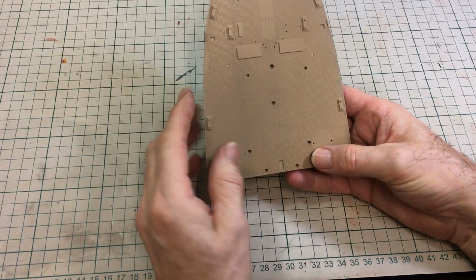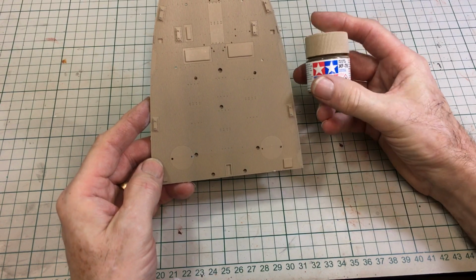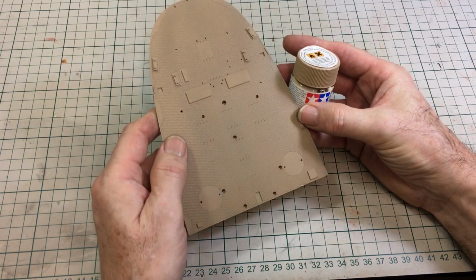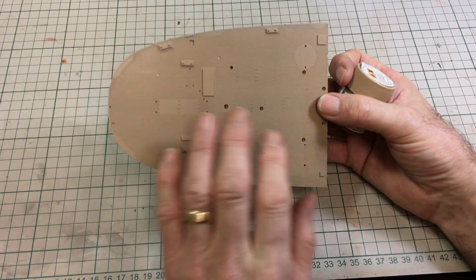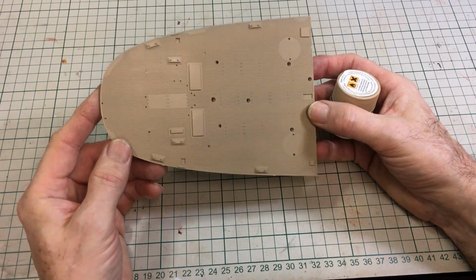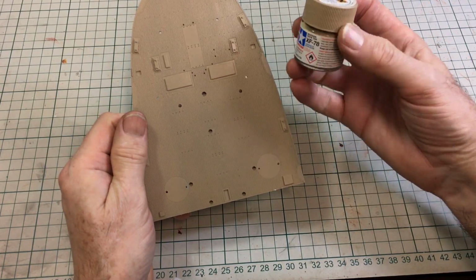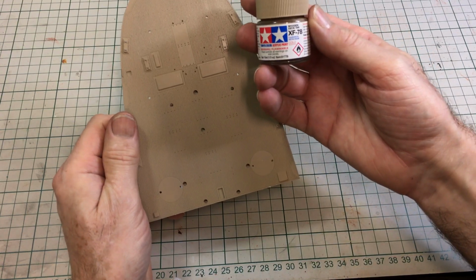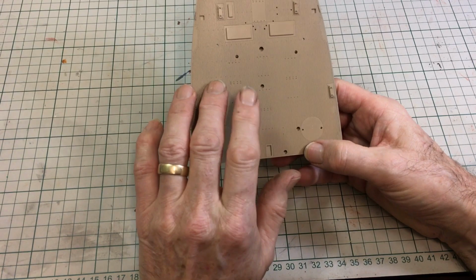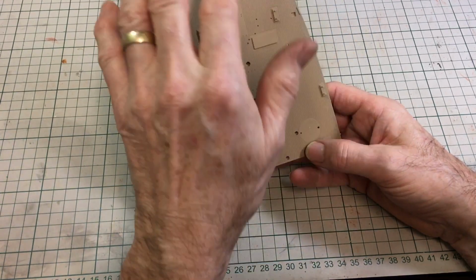This is in its natural state. It has been painted with wooden deck tan XF78, which I find is really useful. It's a nice deck colour, a bit of a sand type colour, but yeah, to me, obviously, wooden deck tan XF78, so that's that one. What we do with these, before we do any work on the deck, is give these